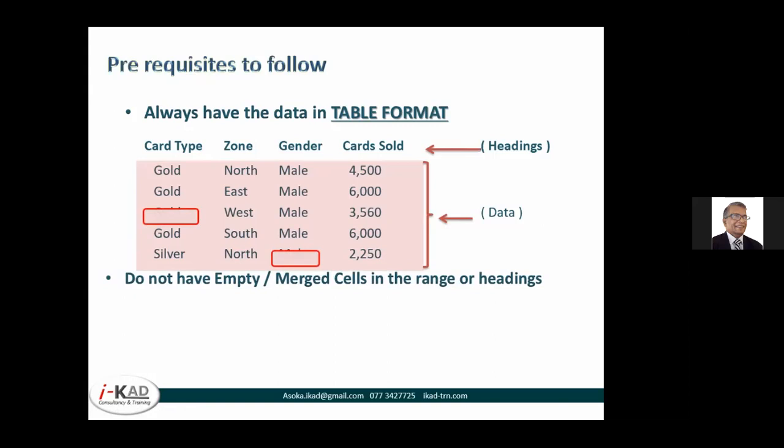Empty cells you can have, I think. You all said you use pivot tables. Have you come across situations where you put a number field in the values box, you're expecting a sum but you're getting a count? That means in that column there's either a blank field or a text field. That's why you get it, right? Then you have to manually go and make it sum. So avoid the blank ones as much as possible. But merged cells you can't have either in the column headings. Every column should have a heading.